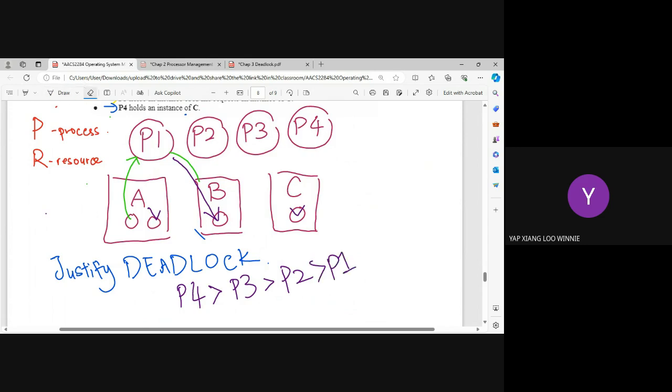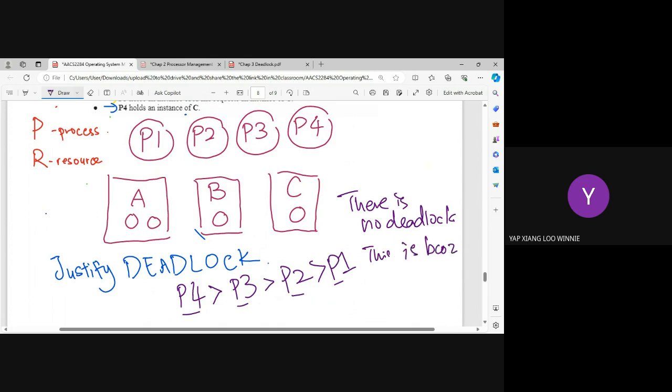So you see, if you are able to execute all of these processes, and you didn't get stuck halfway, all the processes are done, starting from 4, then 3, then 2, then 1, which means you justify there is no deadlock. If the question is 4 marks, you better not write just these 2 sentences, God bless you. If the question is 4 marks or above, or for safety, you just say there's no deadlock, then you say this is because